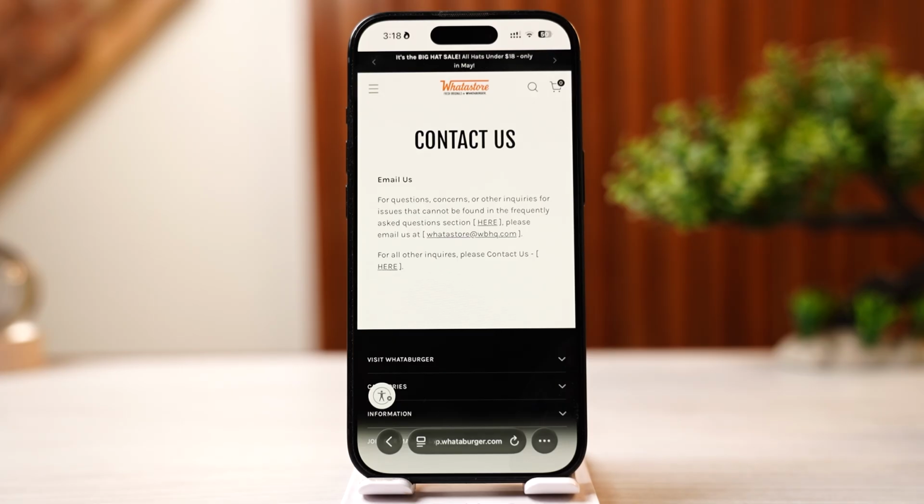request, and if your appeal is valid within 2 to 3 days, the official Whataburger team will contact you through your email and you might even get your